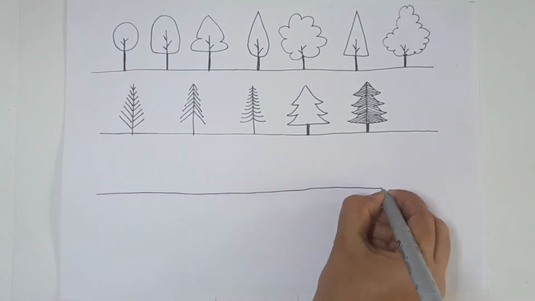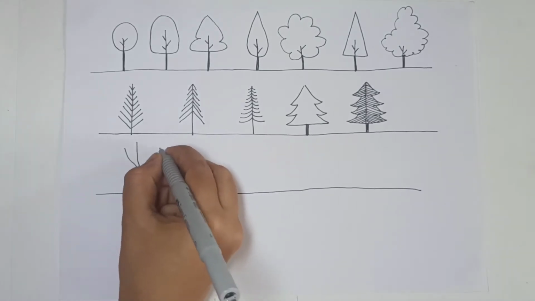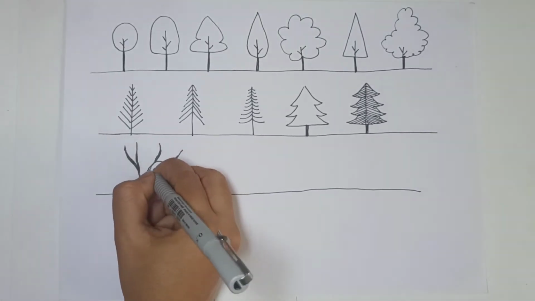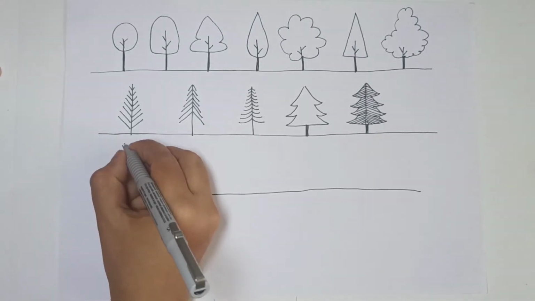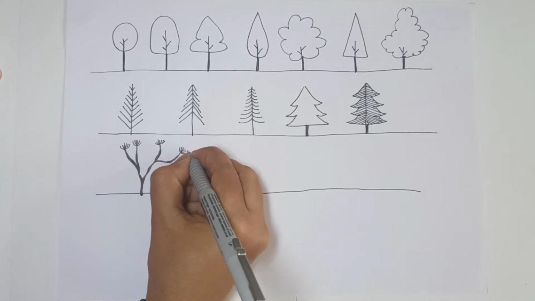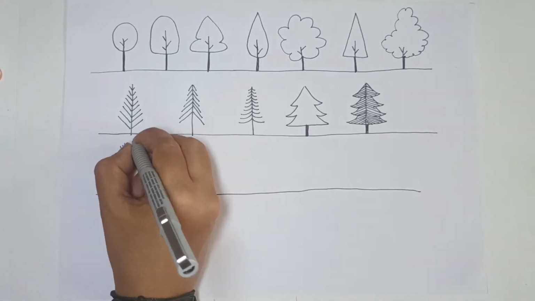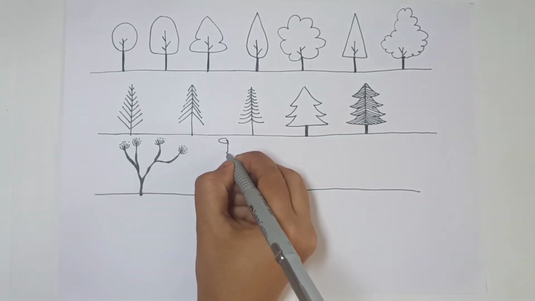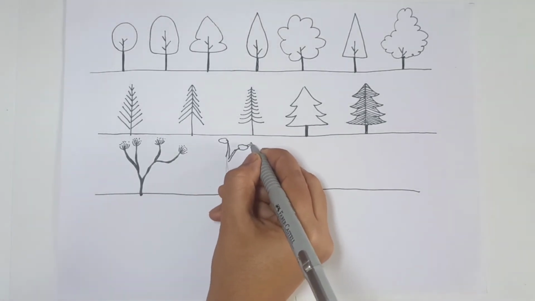Then finally I have this one that kind of looks like a tree with fewer leaves. This is kind of abstract. These ones are more loose. You don't need to be very exact with it, and just add some leaves. These are pretty much all of the tree shapes that I do when I am drawing my traveling memories. This is also with fewer leaves.